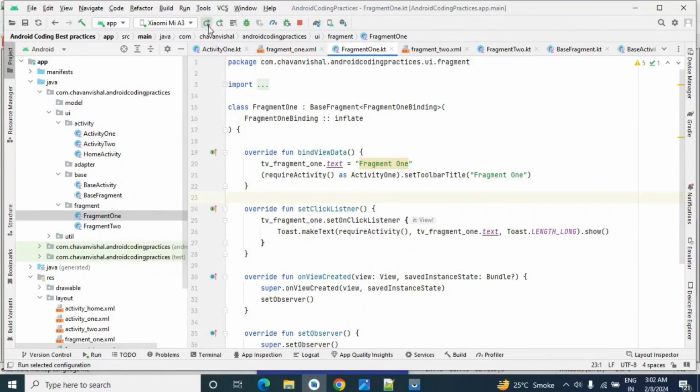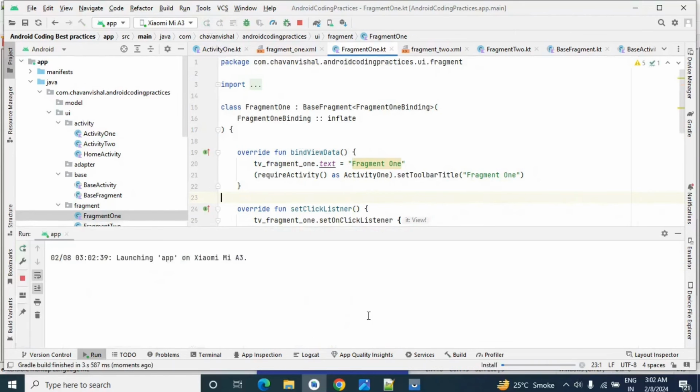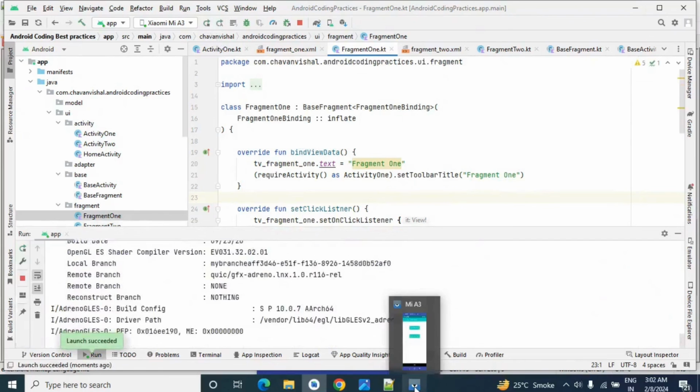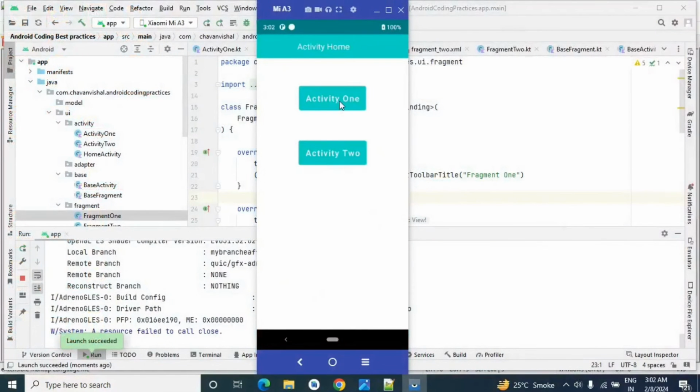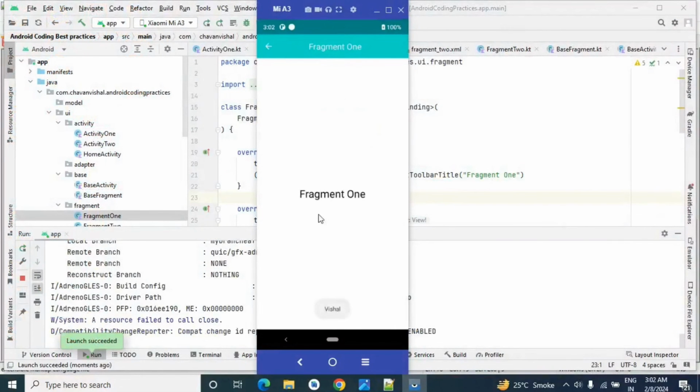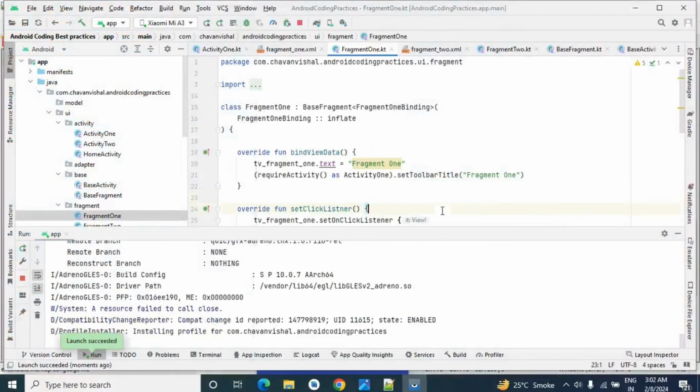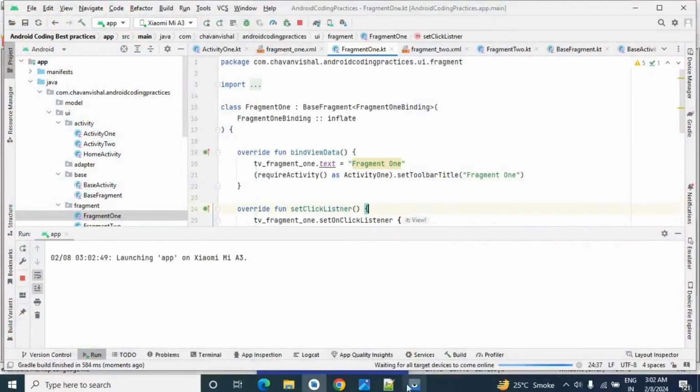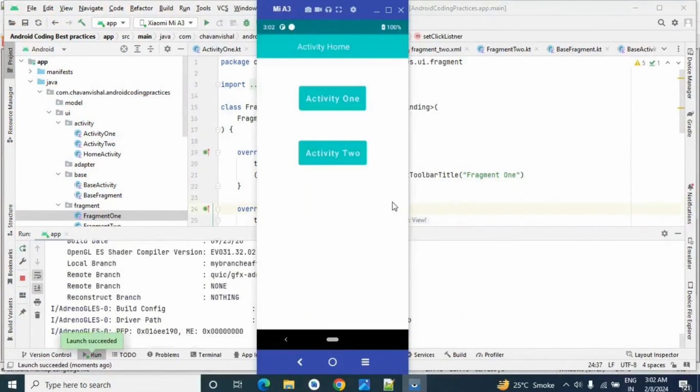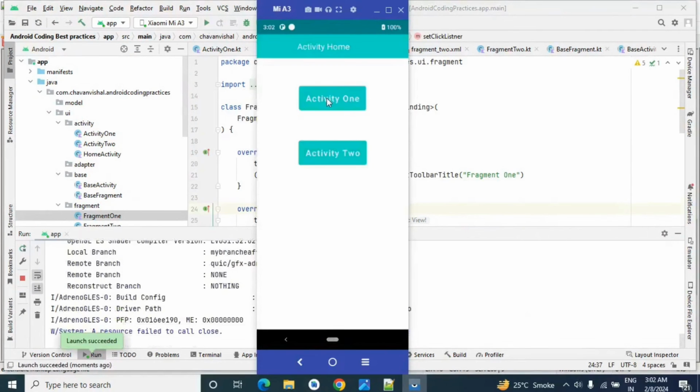Okay, so now let's run the code. So this is our first activity.